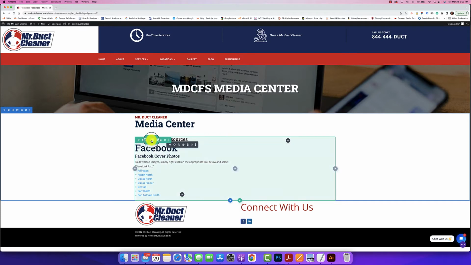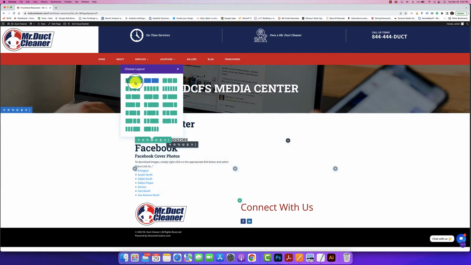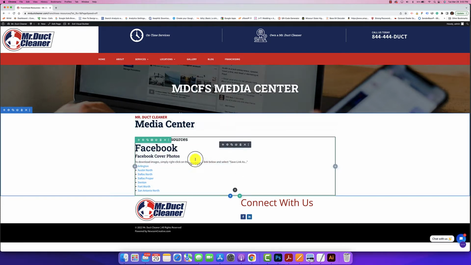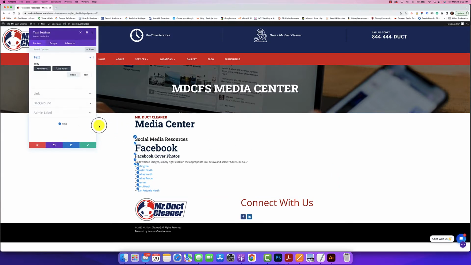But I'm going to go back and change that because it's one column, and I'm going to leave it that way for right now. We may decide later to do something different. So that kind of gets you around there. Now if I wanted to make changes to this Facebook section, I would come over here and click on the gear for module settings. This is a text module,